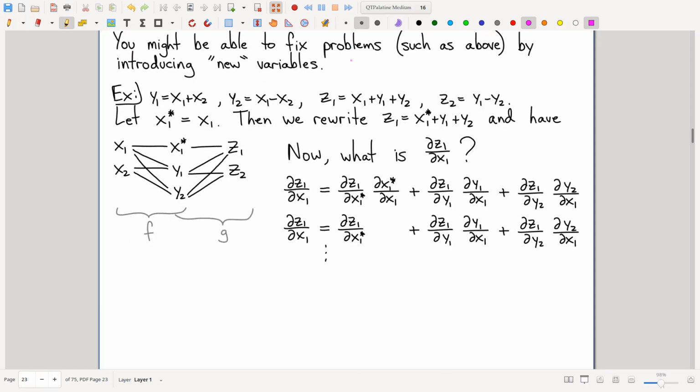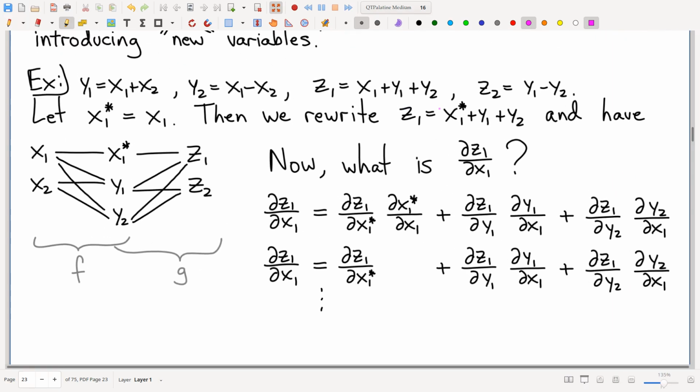Now we will just apply the good old regular chain rule. And let's see, we want the partial of z1 with respect to x1. And so I have 3 intermediate variables, thus giving me 3 terms. This is just a regular chain rule. Right? 3 intermediate variables, 3 paths, 3 terms. And then, how we compute from that,